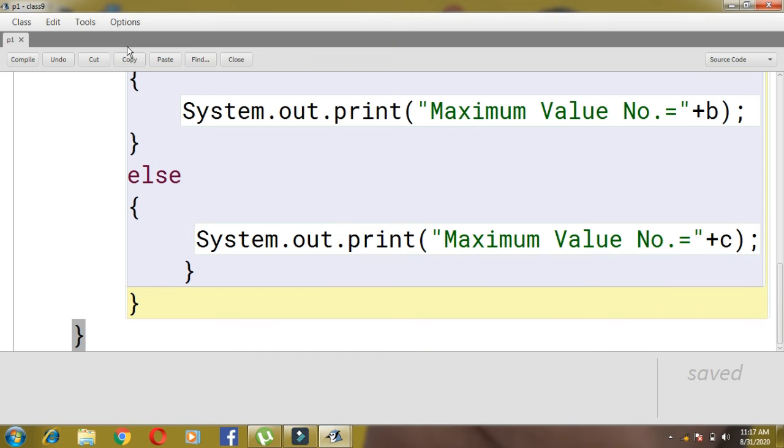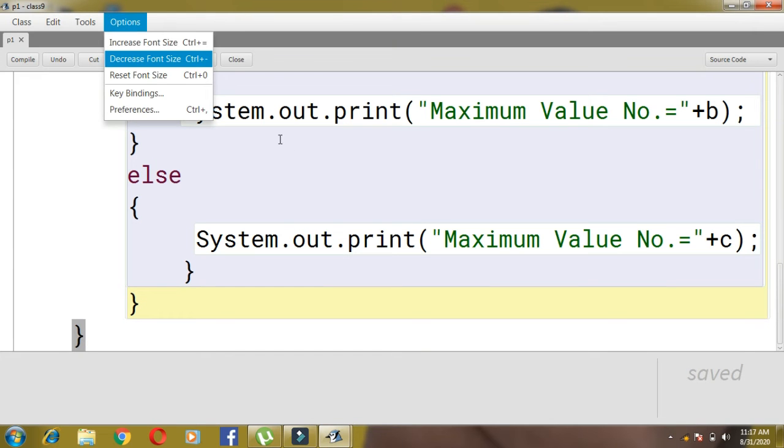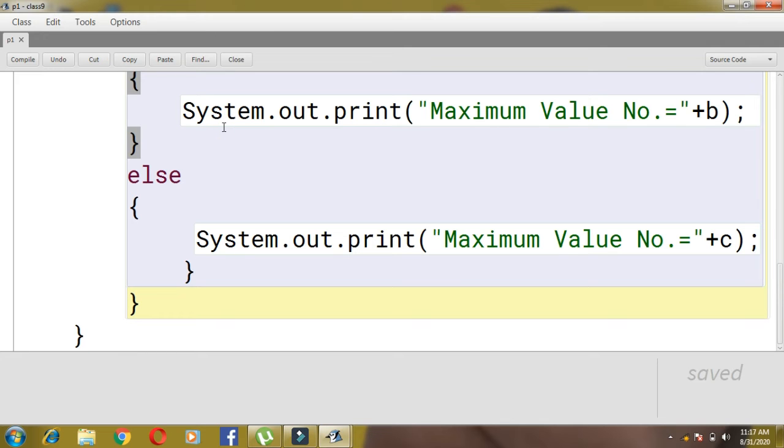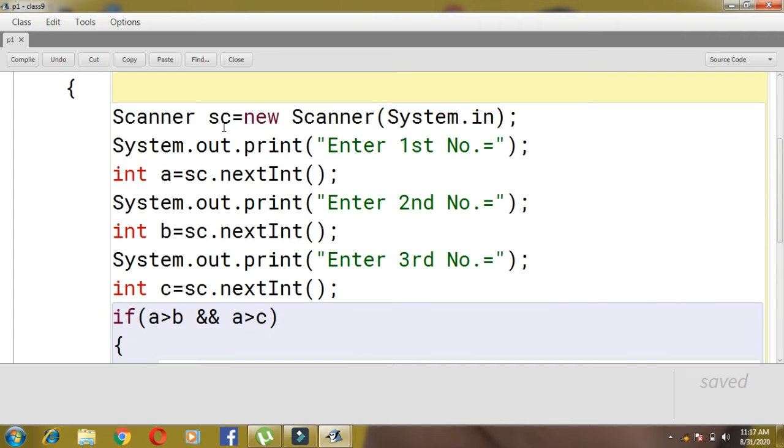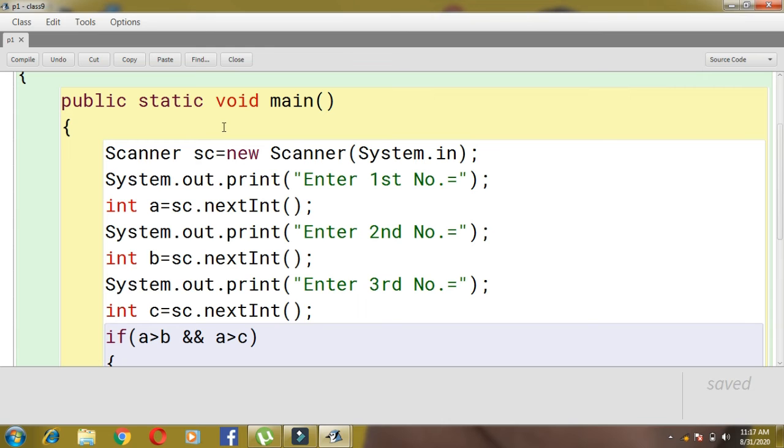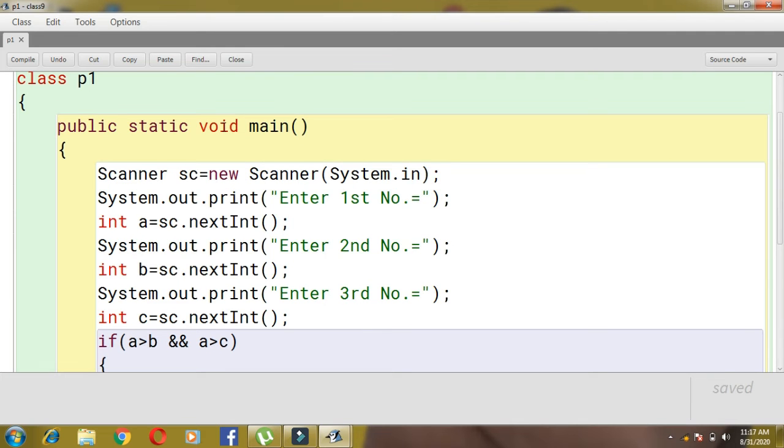So children, you can see here I'm again doing this one. I will decrease the font so that you can easily see the entire program.